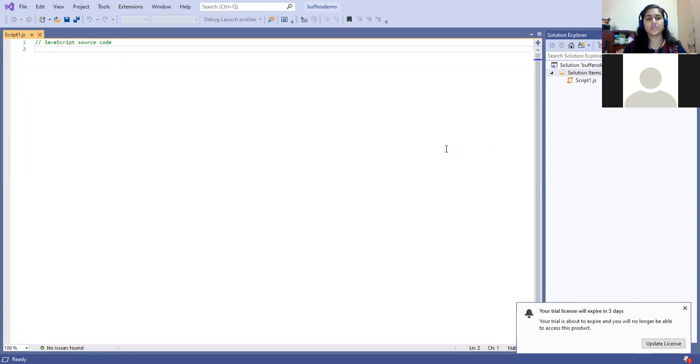Next, the buffer contains every byte, or we can say every location with 8 bits, called an octet. Whatever number of locations I have allocated for the buffer, that number of octets will be created for storing purposes. Now, how to create the buffer?